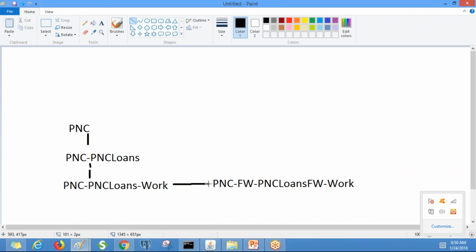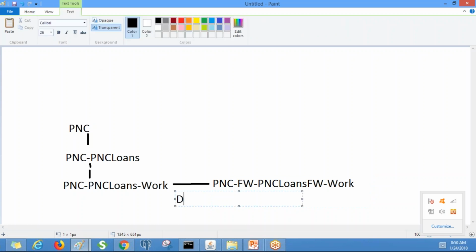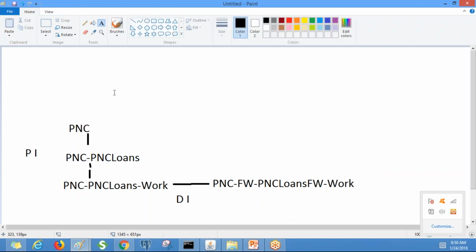Okay, so this is the directed inheritance. You note down directed inheritance. This is the pattern inheritance, and this class must be inherited from work class or any of its subclasses, which is mandatory.